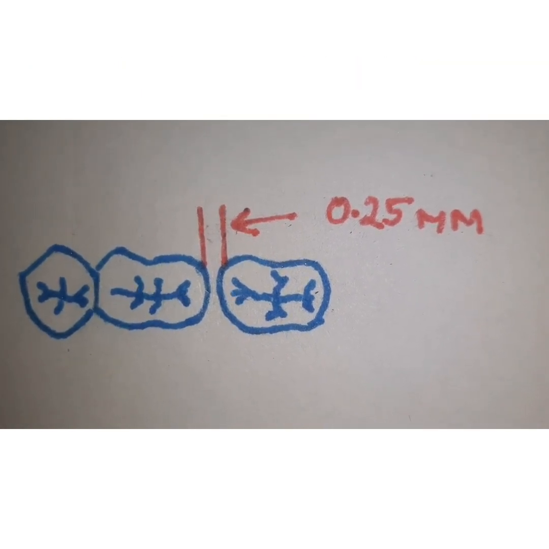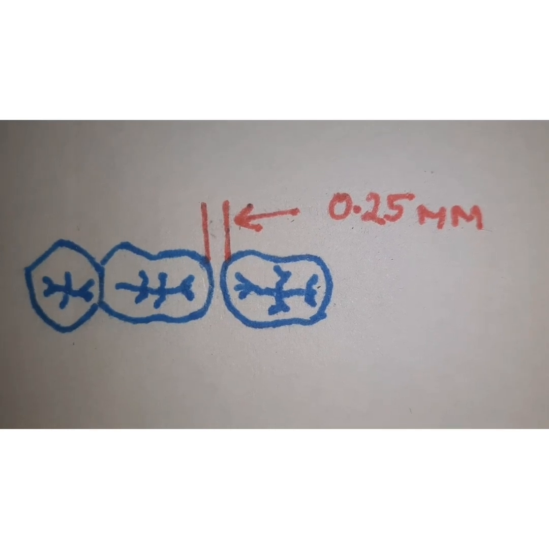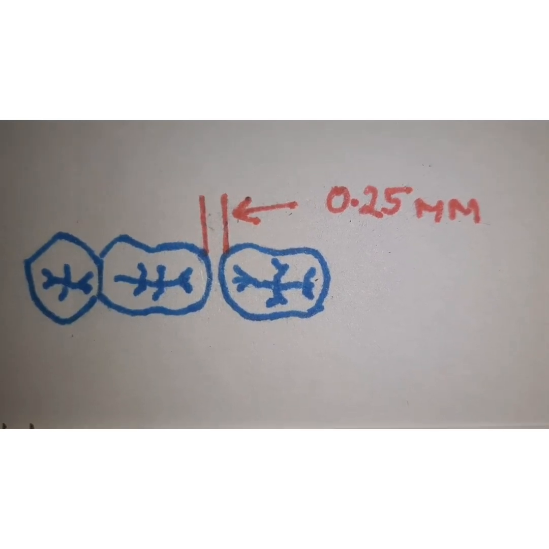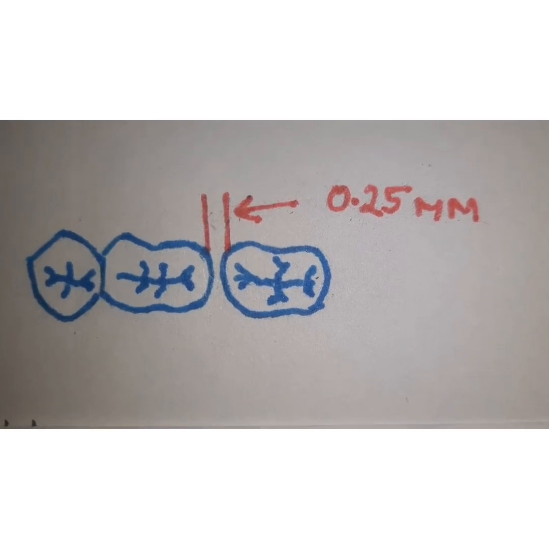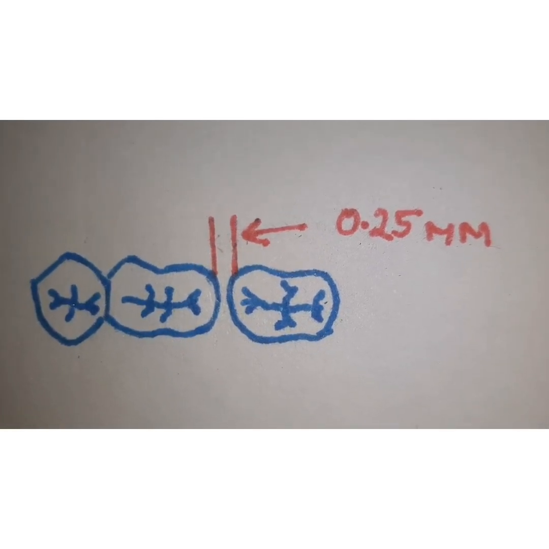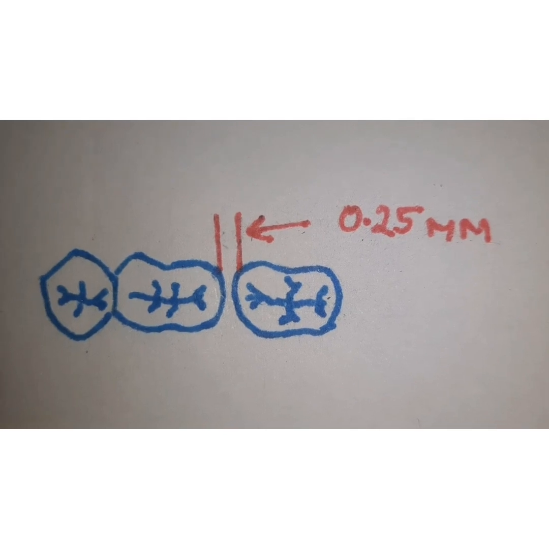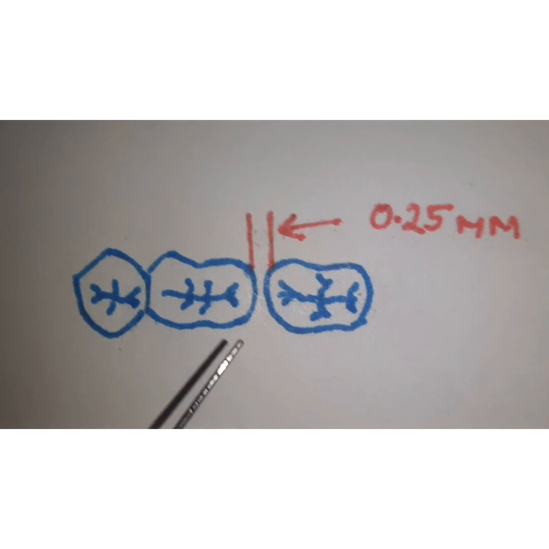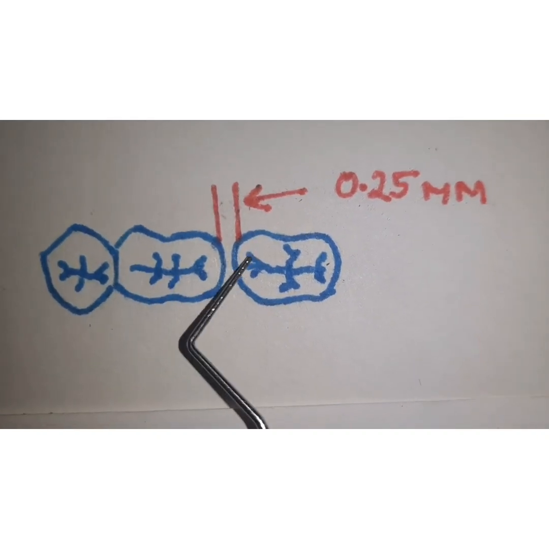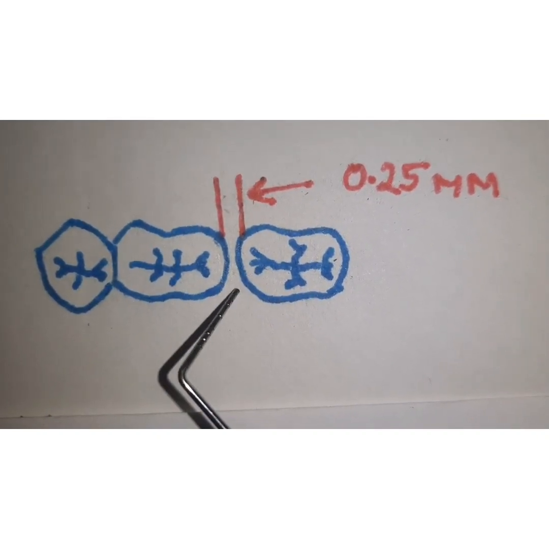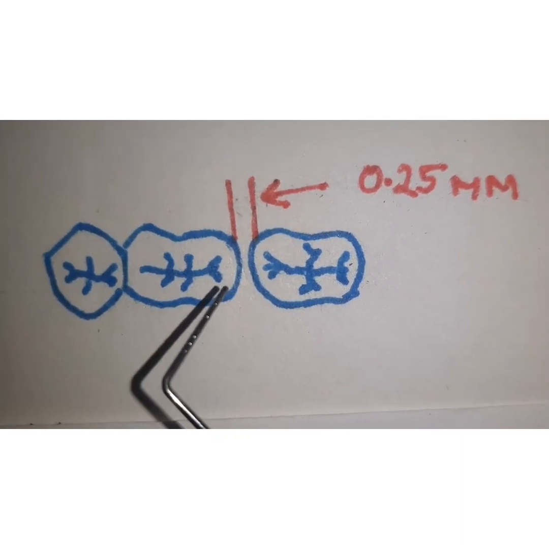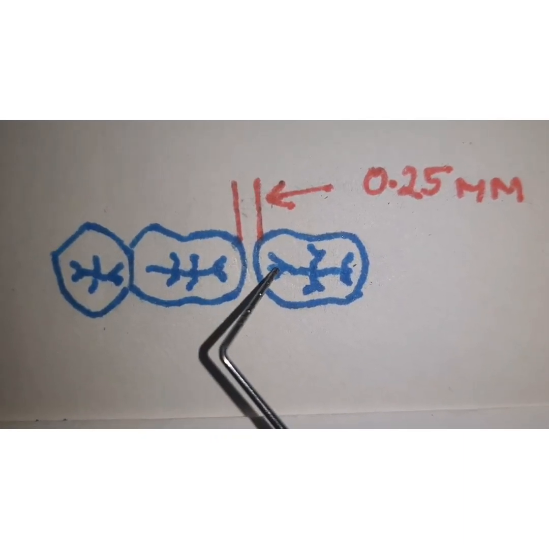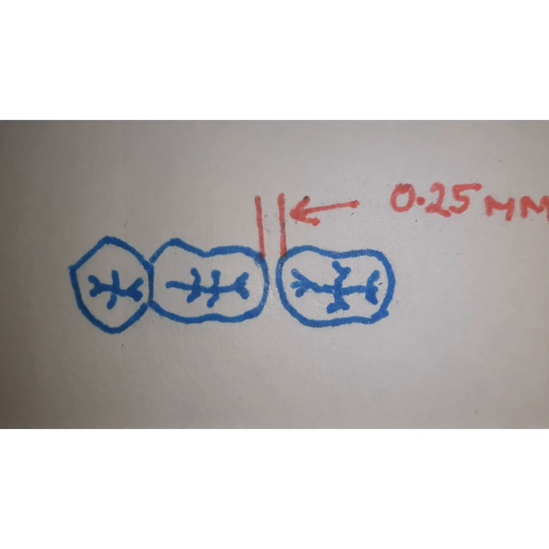Here the connection is created by melting adjacent surfaces by heat or pressure, and it can also be done by introducing a filler metal whose melting temperature is about the same as that of the parent metal which is used. So either we directly join these two metal surfaces by heat and pressure, or we introduce a filler metal whose melting temperature is the same as these parent metals in order to weld it.